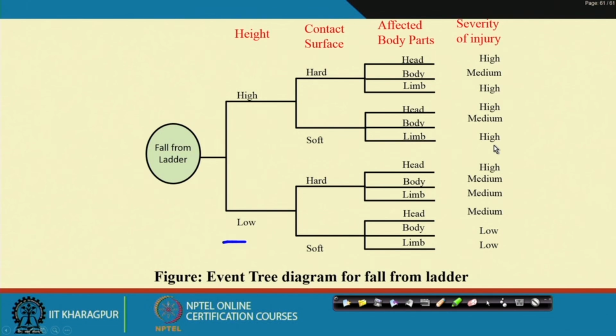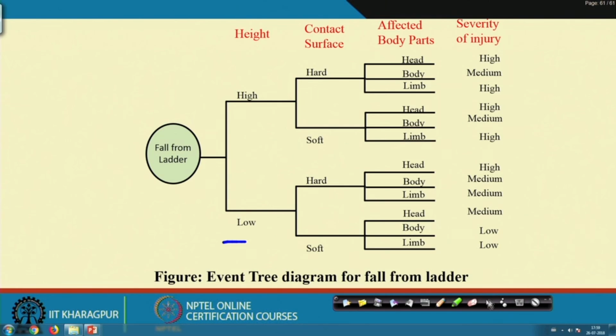But okay, all the time probability may not be an important one, maybe only the relative frequency will work, or you may not be interested in finding probability and calculating the probability of that end state, but it can be used qualitatively, and that is also very important, because that will give you the accident path, and for every path you will see which barrier fails, and accordingly you take the action.